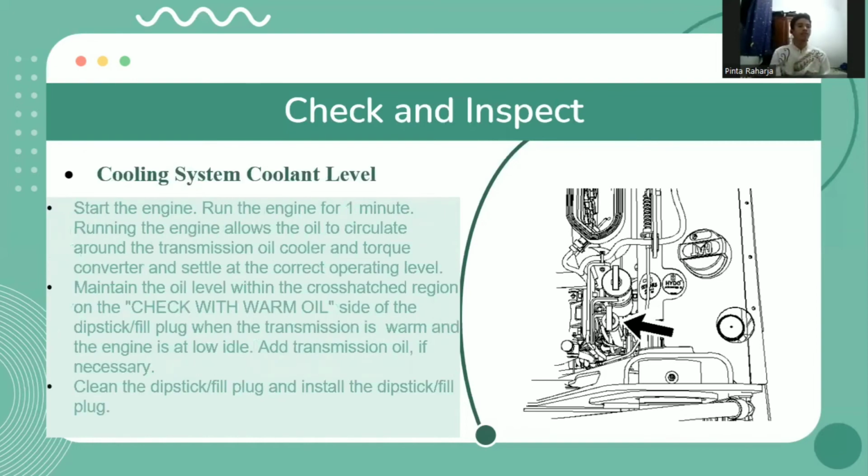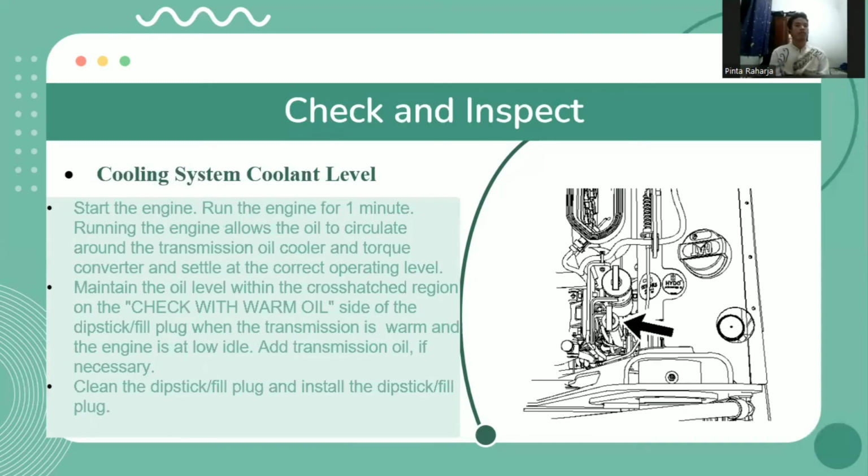The next is cooling system coolant level. Start how to do check and inspect. The first is start the engine, run the engine for 1 minute. Running the engine allows the oil to circulate around the transmission oil cooler and torque converter and settle at the